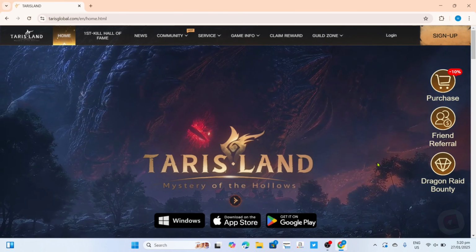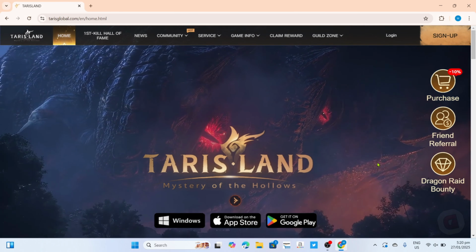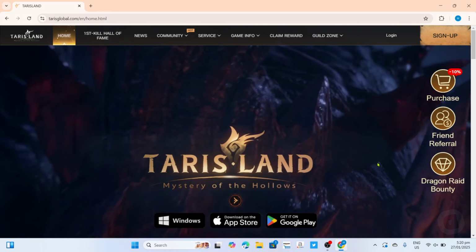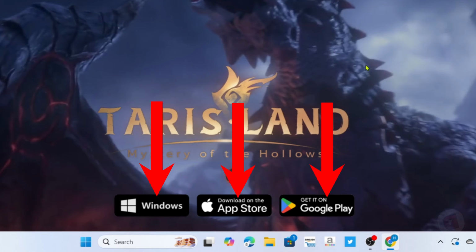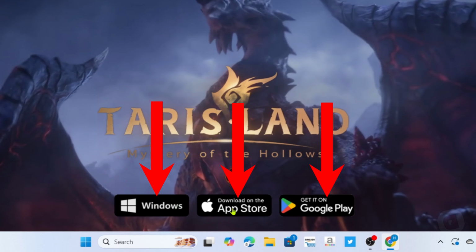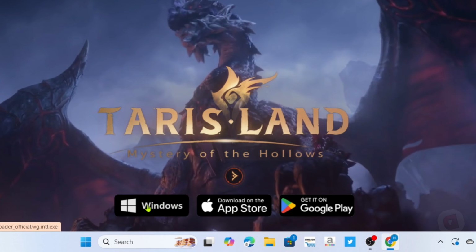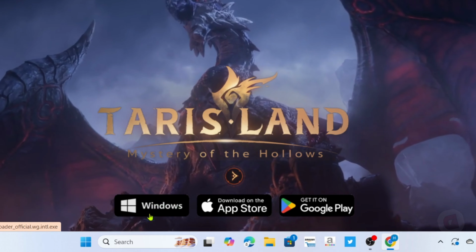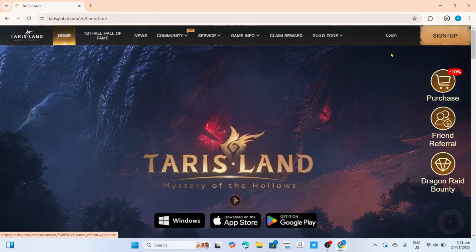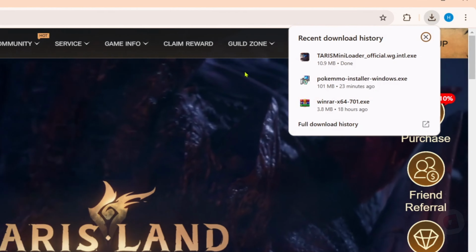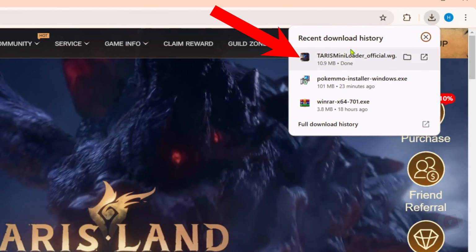And after searching, you will now be on the website. To download Tarisland on this website, it's so simple. If you take a look, you will be able to see the download options right here. So just select any button depending on your device. In my case, I'm using a Windows laptop, so this is what I will select. And after clicking it, your Tarisland will now be downloaded, so you can click the file to start installing